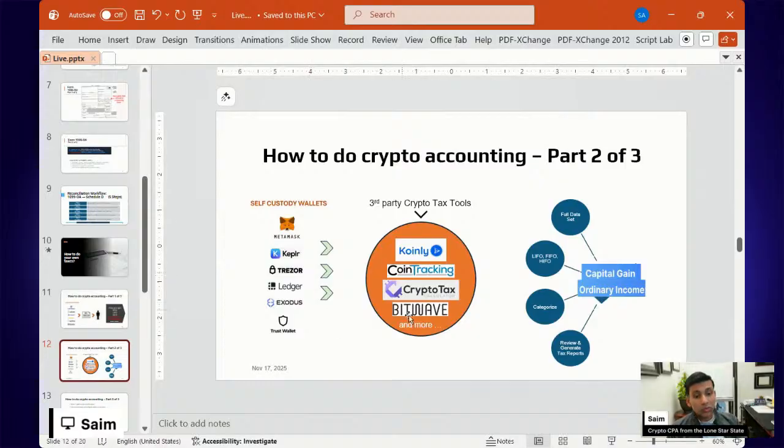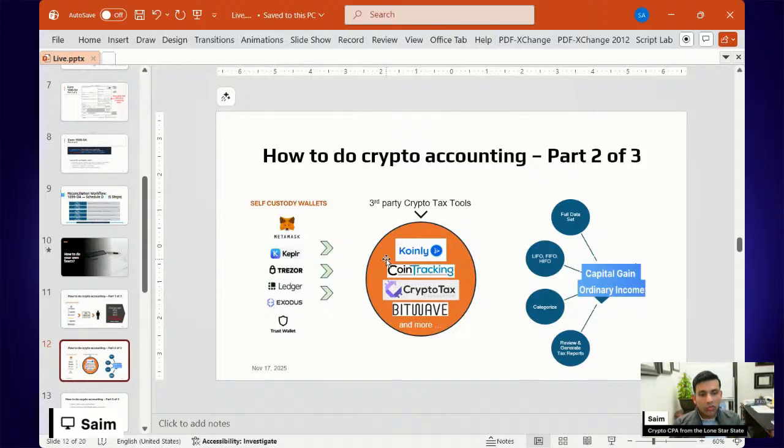This will also take into account all the 1099-DA data, so you can use these third-party crypto tax tools to reconcile and provide all the cost basis. But make sure that you don't double count. So when you're providing those non-cost-basis-provided trades to the IRS on your Form 8949, do not include the 1099-DA trades in that section.